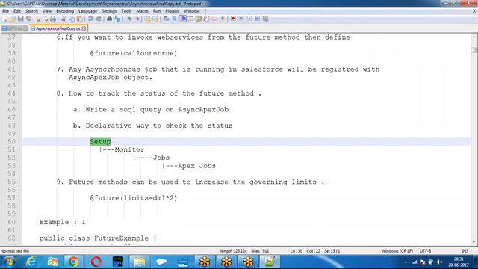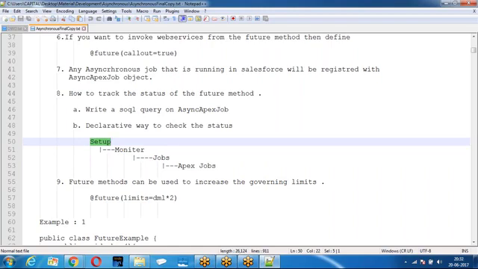Right. Now there is one more advantage of future, but it is not a good practice. We can also improve governing limits. Using the future, we can also improve the governing limits, but it will kill the performance of the application. It's not suggested, but it is one of the points that generally people don't use or don't remember. But if there is a need, this is one of the solutions for hitting the governing limits. I don't want to write a batch Apex, but still I want to resolve the issue. Then I can go with this.